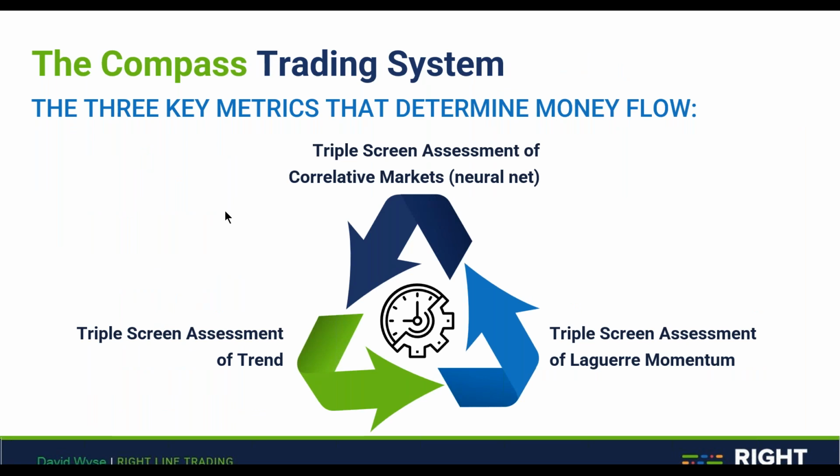So basically, we've got 3 metrics to determine if the institutions are in there. The trend: we're going to have a triple screen assessment of the trend. In those 3 different time frames, we want them to correlate for the trend. The Laguerre momentum indicator, which I'll cover in a minute, also has to be in correlation on multiple time frames. And then they do what's called a triple screen assessment of correlative markets, and this is really pretty